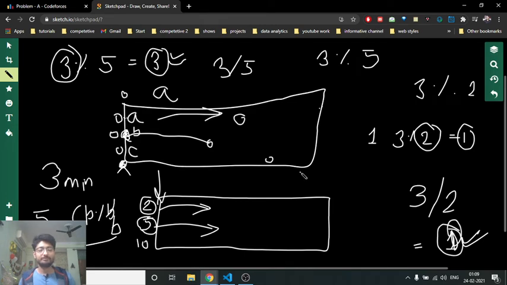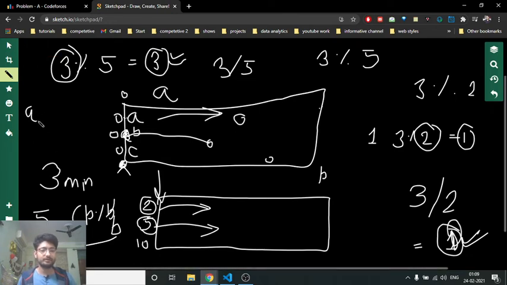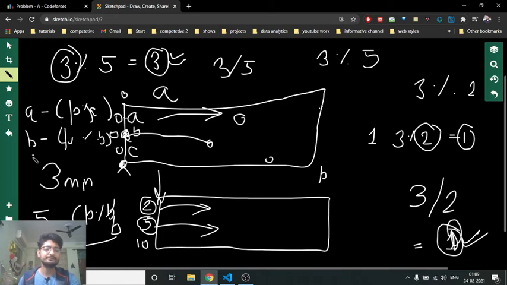But if maybe that P person, like when I come to that point, this is equal to 0. What I mean by this is, if you just find out the minimum of A minus P mod A, and B minus P mod B, and C minus P mod C, if you just find out the minimum of all of these values, that's the answer.